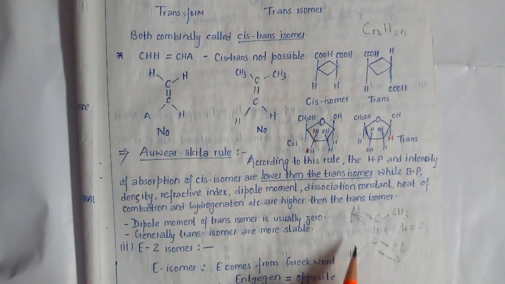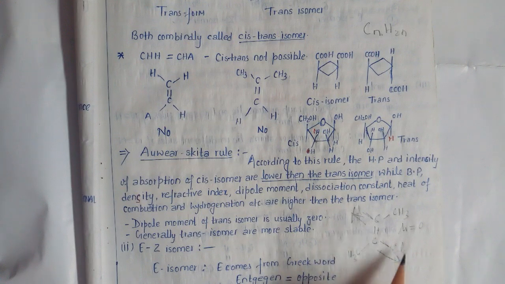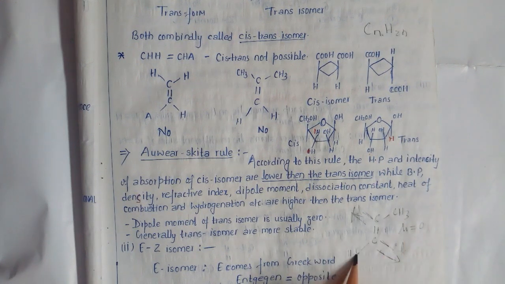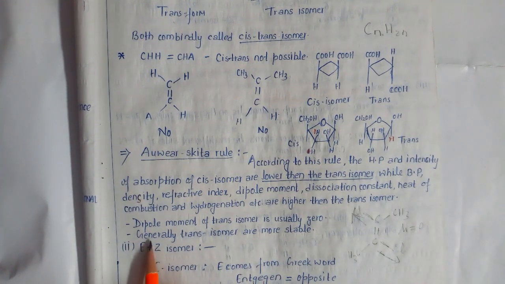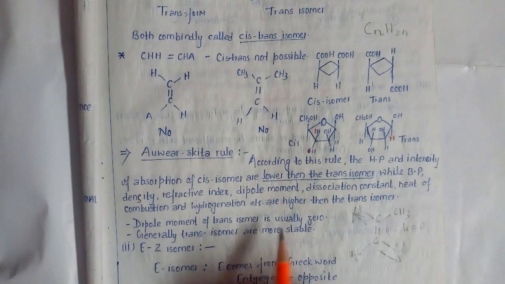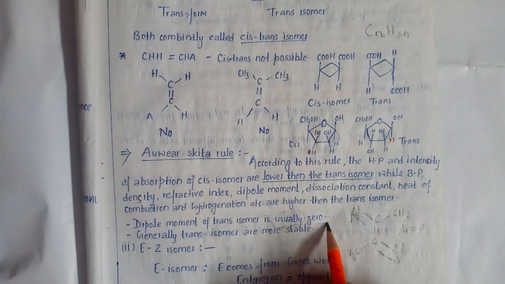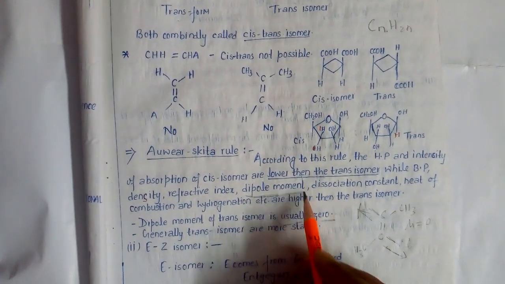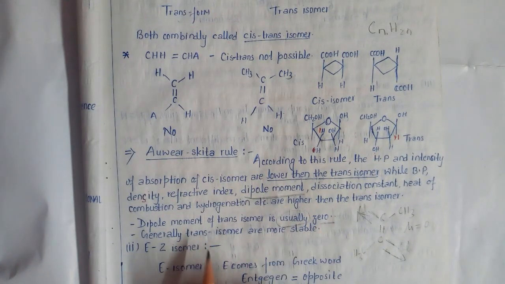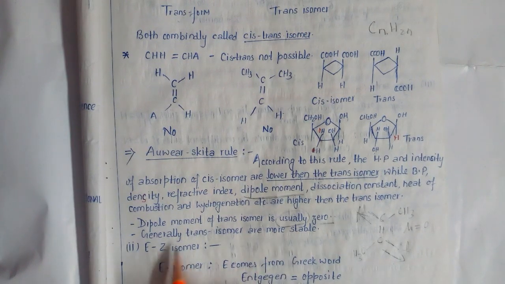But suppose that in this question one chlorine atom is replaced by a hydrogen atom, then this is also again the trans form because of the CH3 group, but the net dipole moment is not equal to 0. So carefully use this statement: dipole moment of trans isomers is usually 0 but not in all cases. But it is clear trans form always has less dipole moment in comparison to cis form. In general, trans forms are more stable because of less steric hindrance. This is the main point.